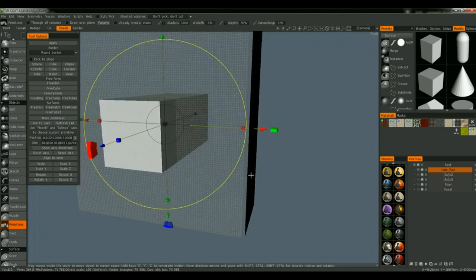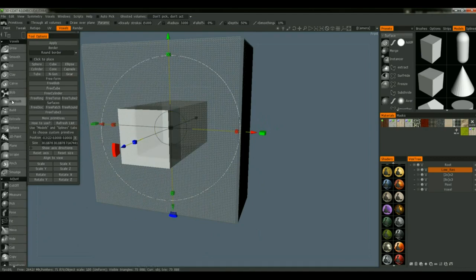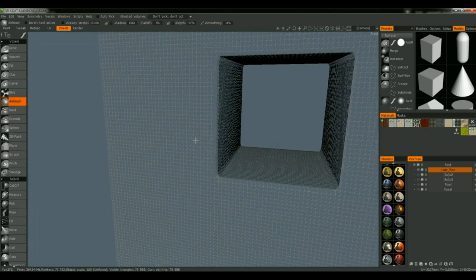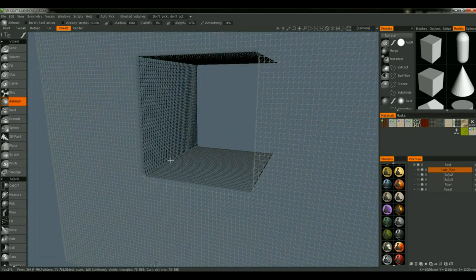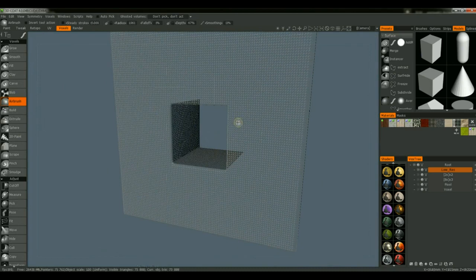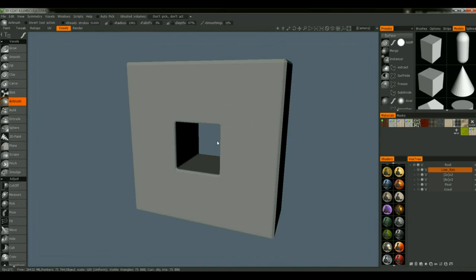And if I take this proxy and subtract it from our shape, what you find is that the polygon representation hasn't been damaged at all. The polygon flow is the same because it really isn't polygons. They are voxels. So you can do these Boolean operations very cleanly, very smoothly in 3D Coat and work, basically